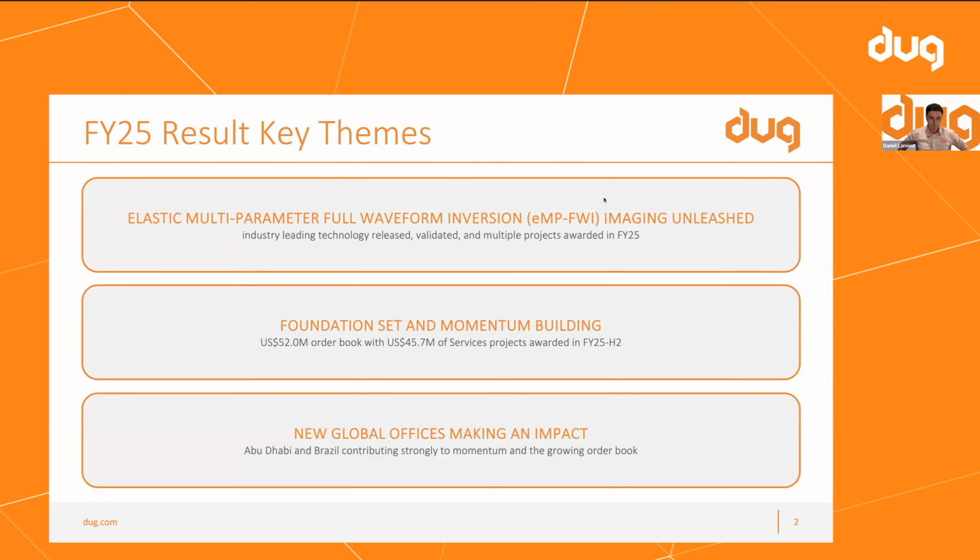So we really wanted to open up with the key themes that we've seen this year and through the result. One of the really important pieces, something we've been talking about since results last year, is elastic multi-parameter full waveform inversion imaging, EMP-FWI. What we're seeing is just outstanding results, and we're seeing that now convert really strongly